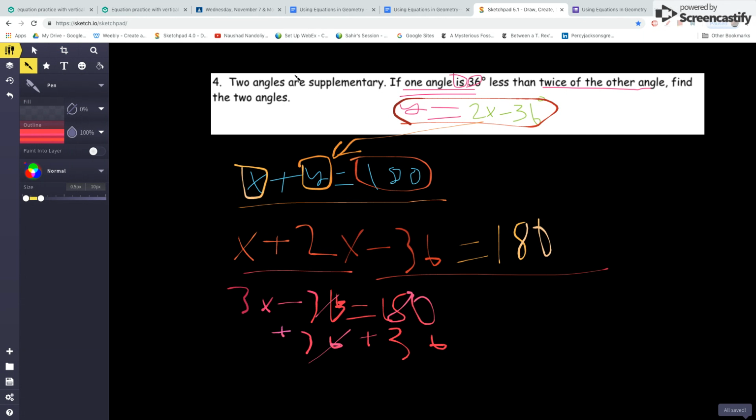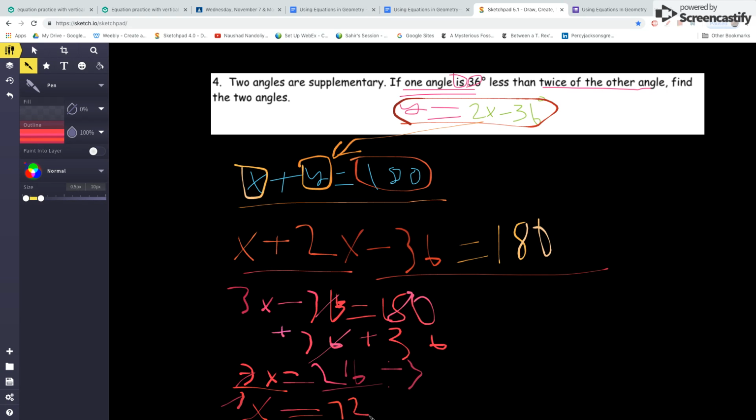Then 180 plus 36 equals 216. Then we divide 3 from both sides, so we'll cancel it out, and x will equal